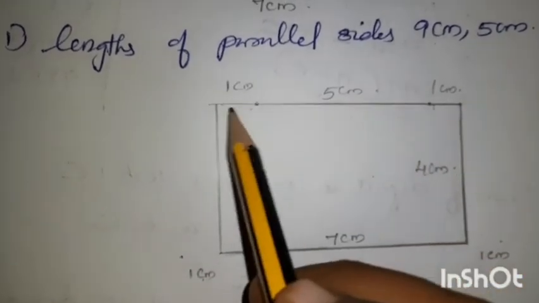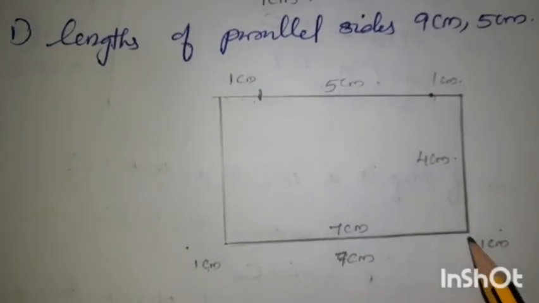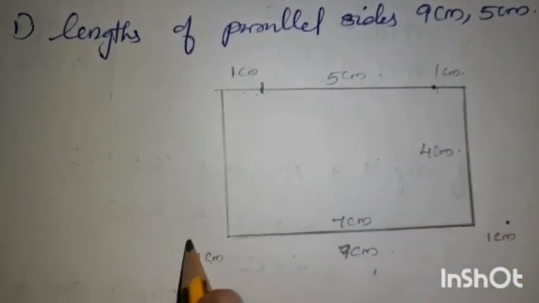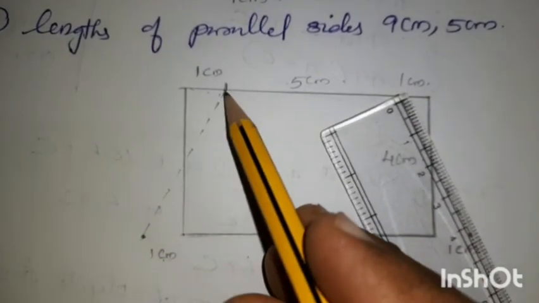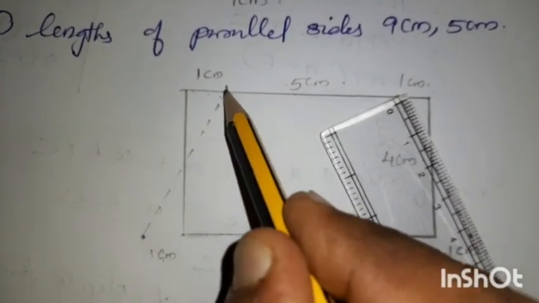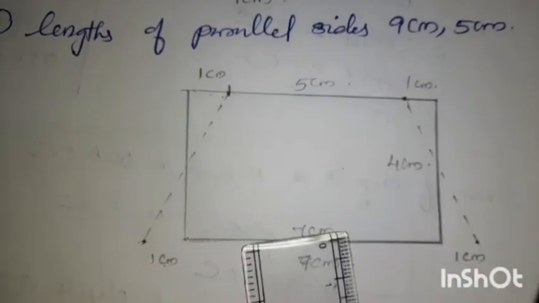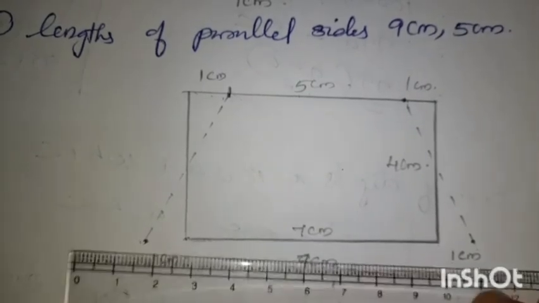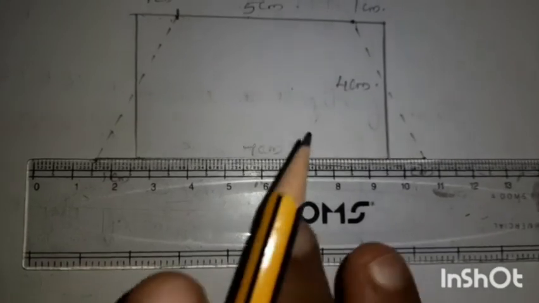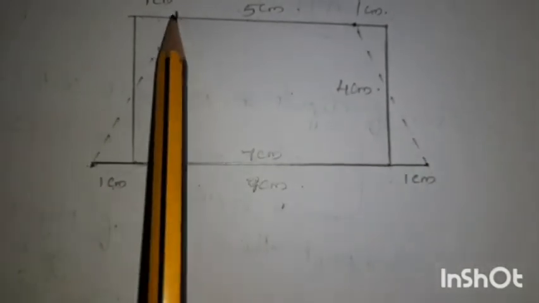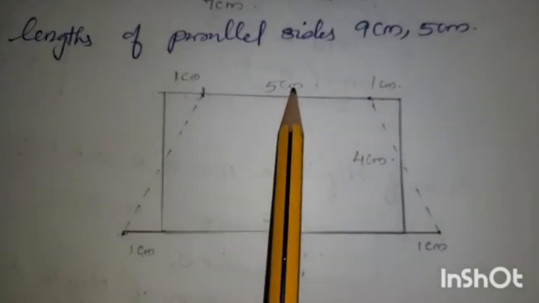So mark 1 cm here and 1 cm here. And here you have to increase 1 more centimeter from the bottom side. So you can draw the lines from this 1 centimeter to here, 1 centimeter from this end. In both ends you have to draw it. And you have to extend the bottom side. By increasing 2 centimeter in the bottom and by decreasing 2 centimeter from the top, we get an isosceles trapezium